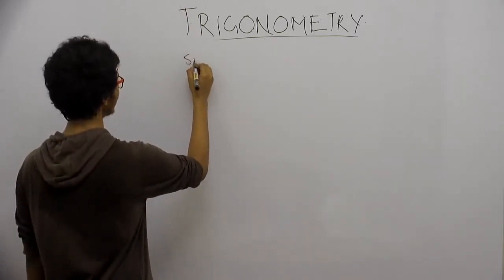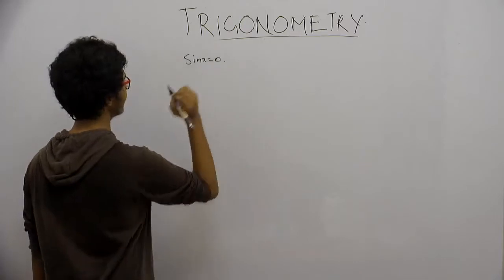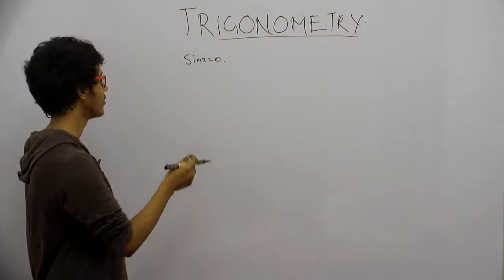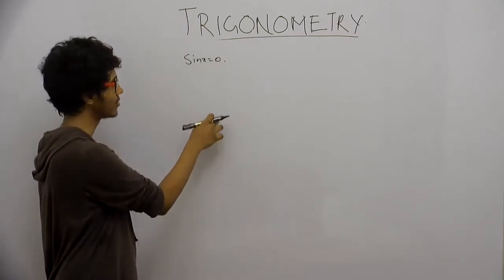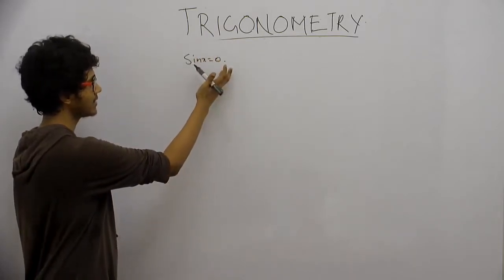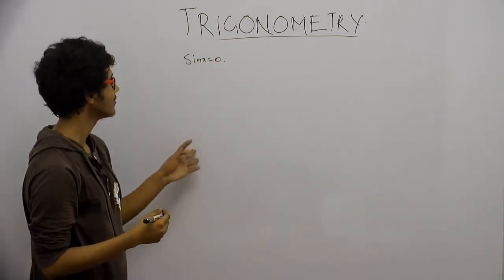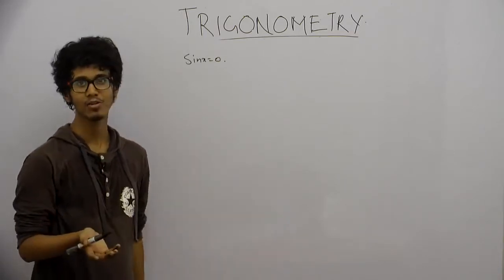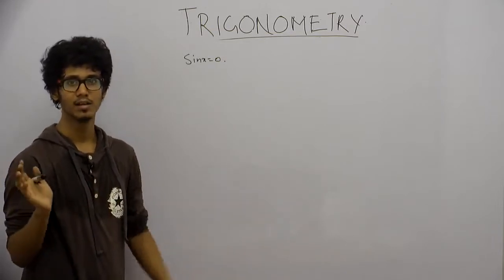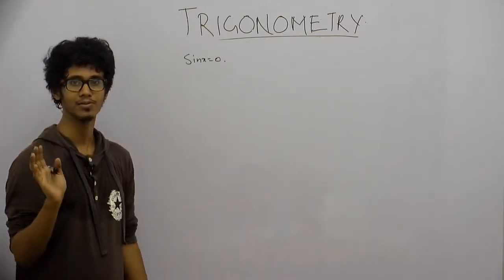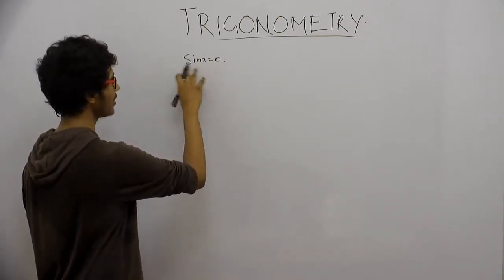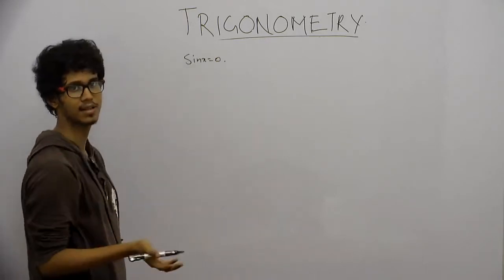Suppose we are given that sin x equals 0. Till now, from what we have learned, we will know that x exists in the range 0 to 90, that is 0 to pi by 2. So we can safely assume that x is 0. But from now on, we see that it can take on any value in any quadrant, and any 2 pi plus anything, any infinite number of values, any large, any small value. So how do we determine all the values of this in a single generalized form?